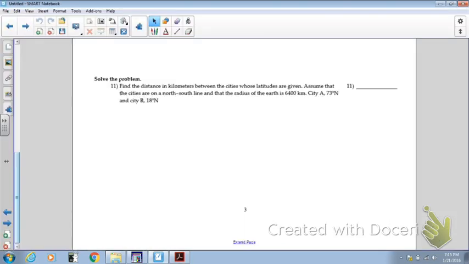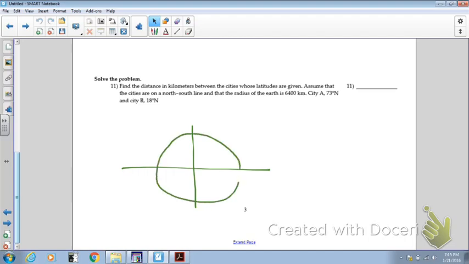Number 11, it looks like a weird one, but it's really just about getting the picture right. It says find the distance in kilometers between the cities whose latitudes are given. Assume that the cities are on a north-south line and that the radius of the Earth is 6,400 kilometers. So obviously Earth is a circle. Okay, and here's our Earth. Okay, well, it's a sphere, but we're going to think about it as a circle right now. With the radius as